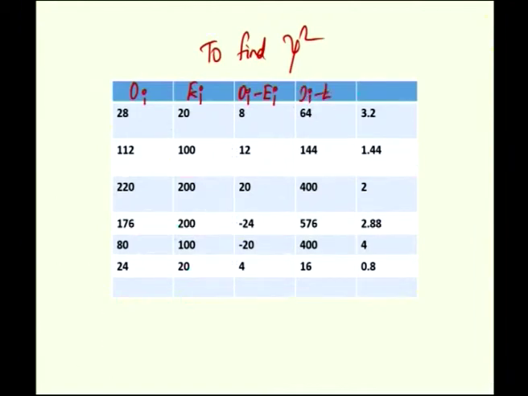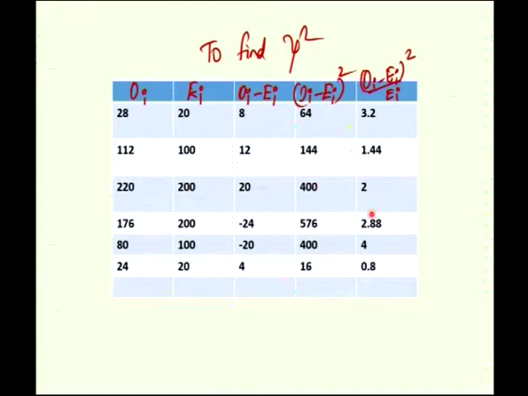Then OI minus EI whole square, then this column is OI minus EI whole square by EI. This 3.2 is arrived at as 64 divided by 20, 144 by 100 is 1.44, and 400 by 200 is 2,